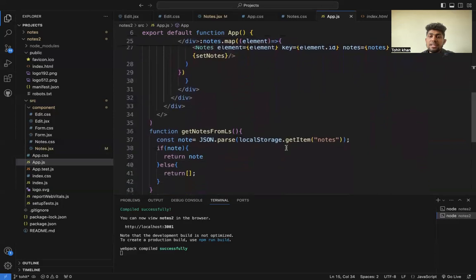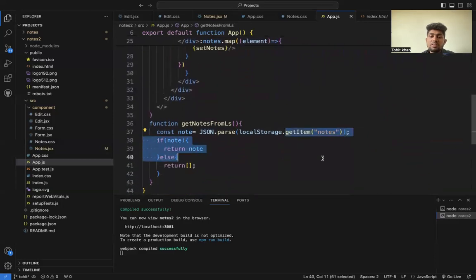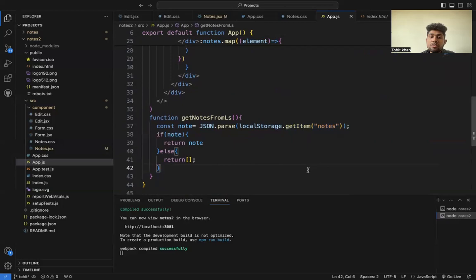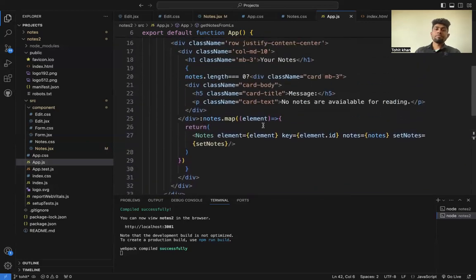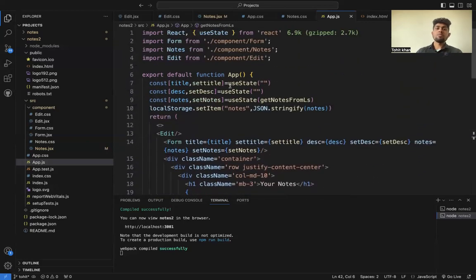And at last we take the notes function. So this function receives the notes from the local storage, and if notes exist in the local storage, it preserves and returns them, and otherwise it returns an empty array. So all these things will be covered. So now we move to